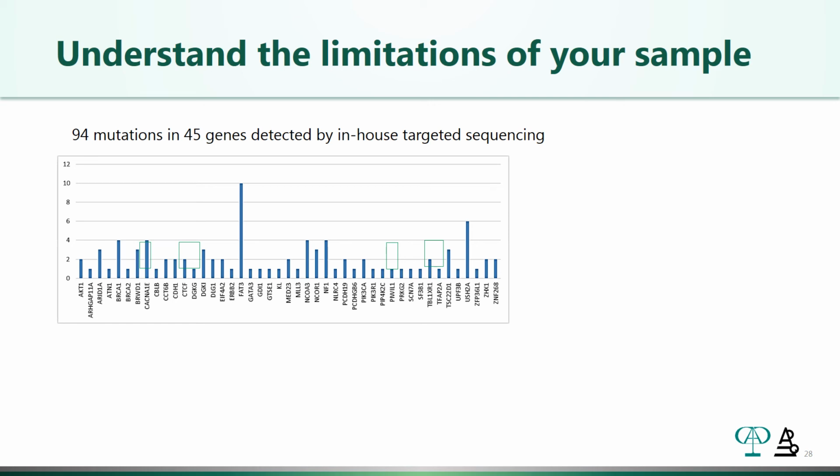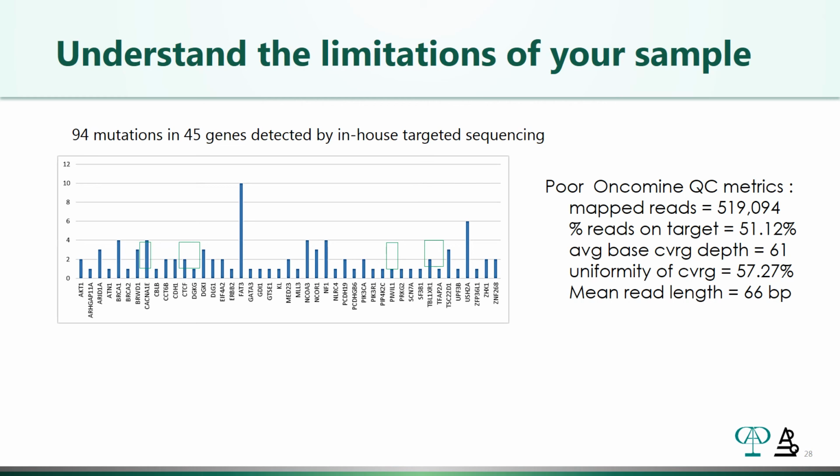And so here's an example of a breast cancer specimen. When we ran a panel, it's a comprehensive panel, it has about 130 some genes on it, we found 94 different mutations in 45 genes that were detected by this targeted sequencing platform. And you have to ask yourself, is this a tumor that has a very high mutation burden? And of course, we're all very interested these days in tumor mutation burden, and therefore, this would be something you might flag as being a sample that has a really, really high mutation burden, and therefore that would be clinically